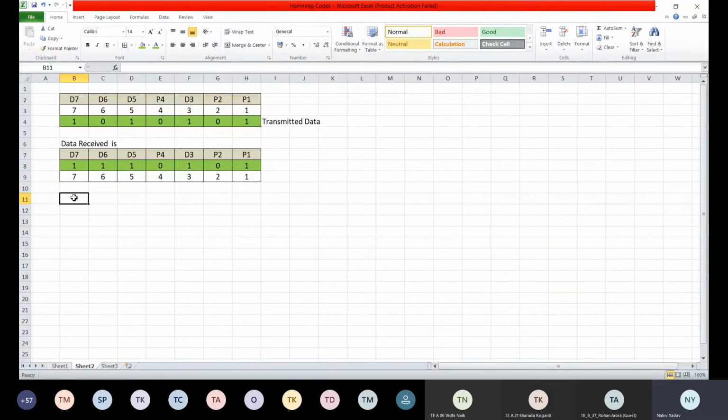So what we have to do here is calculate p1, correct? p1 is already present, so how is p1 calculated on the receiver side?